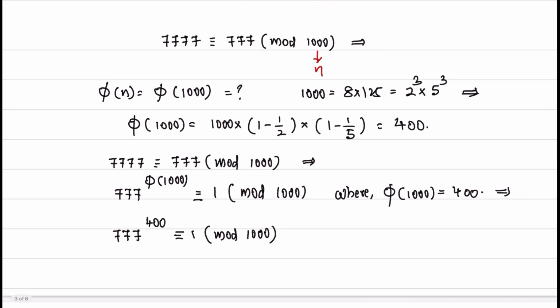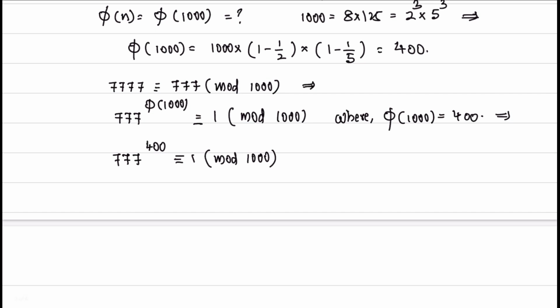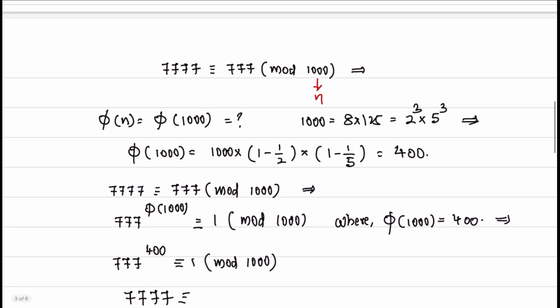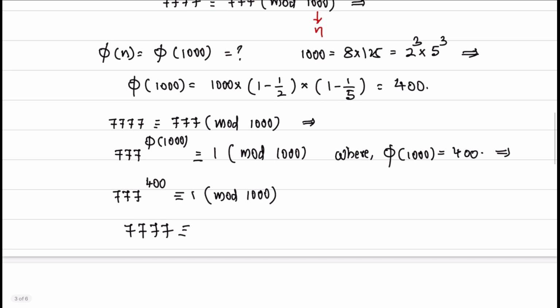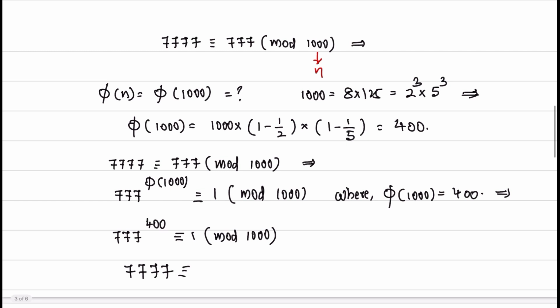This is 7777. Now, 7777 is equivalent to what? 777 mod 1000. 777 to the power of 400 is equal to 1 mod 1000, which implies